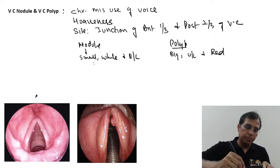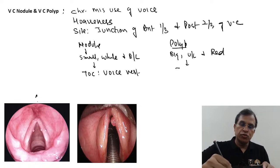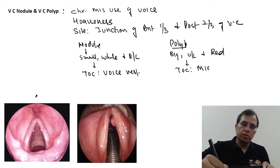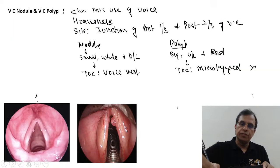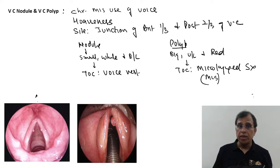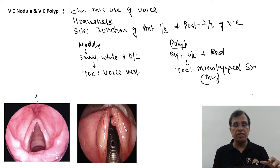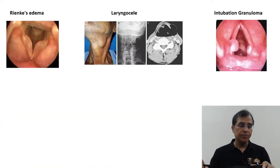And now comes a very important MCQ. The treatment of choice for nodule is voice rest, and the treatment of choice for polyp is microlaryngeal surgery. Microlaryngeal surgery is also called MLS. Now look at the nodule and the polyp image. I'm repeating once again, you should be able to differentiate a nodule image from a polyp image when they show you the image. Then these are the other growths: Reinke's edema,